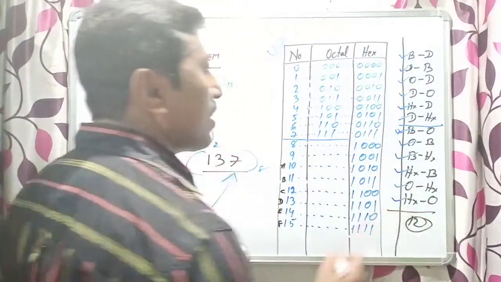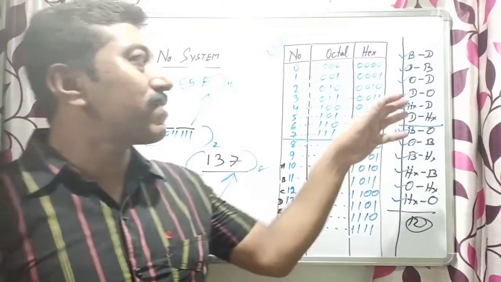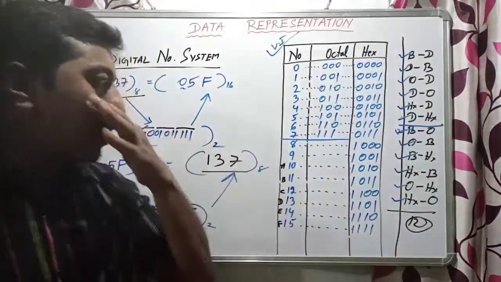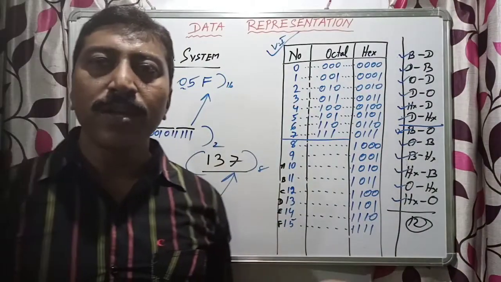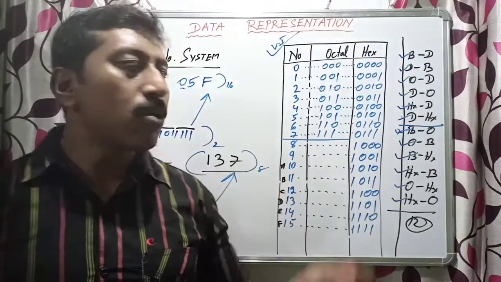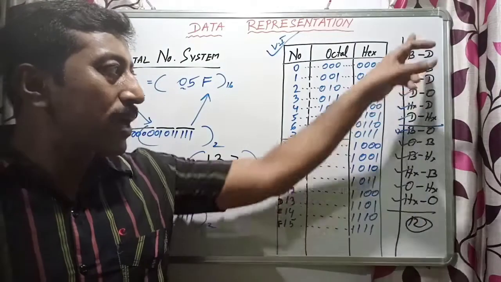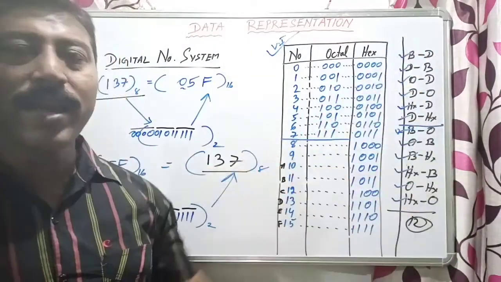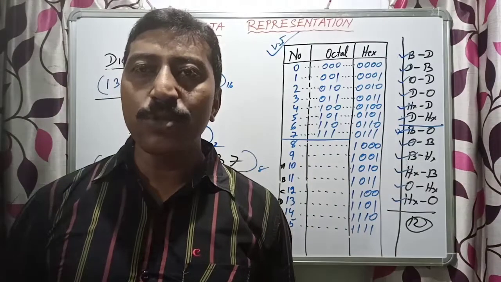In the book, so many examples are given. One by one you try. These are the methods, and I told you how to do them. These conversions are very important. All the conversions I told, you just practice one by one, from top to bottom. There are 12 conversions. I hope, students, you understood this one.